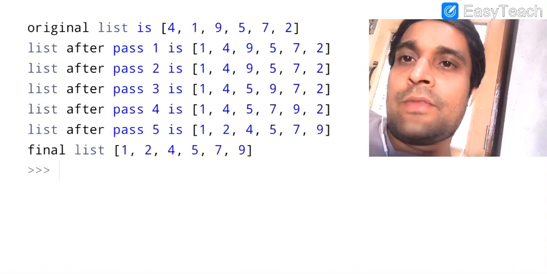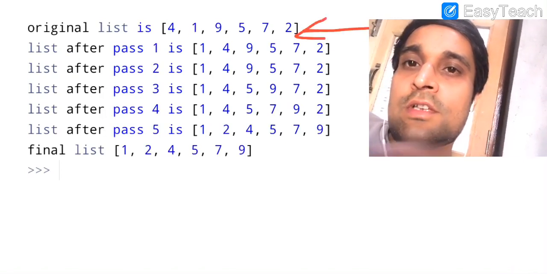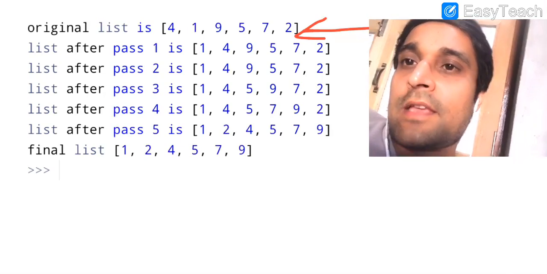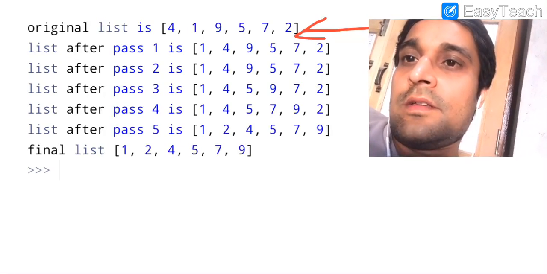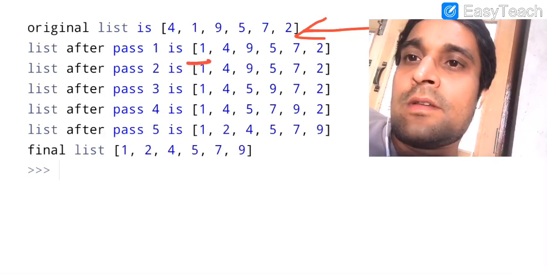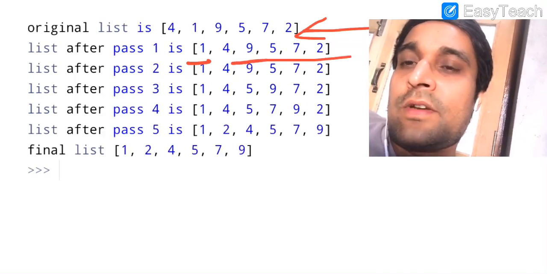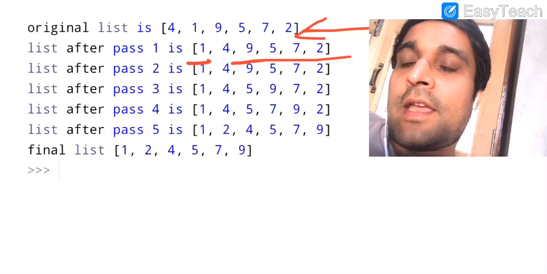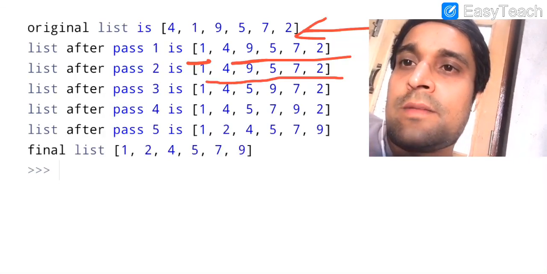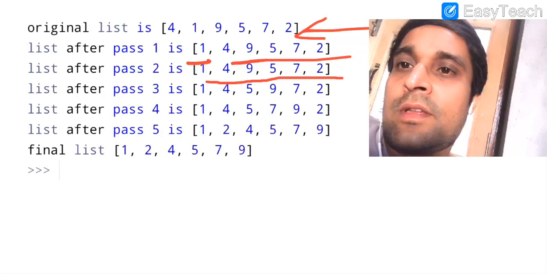In the very first line we are getting our original list that was entered by us. After the first pass, as the key element is 1, 1 is less than 4, so we get 1 at the first position, and the rest is our unsorted part. Thereafter we obtain 9. Now 9 is greater than 1 and 4, so the output in this pass will be similar to the first pass itself.